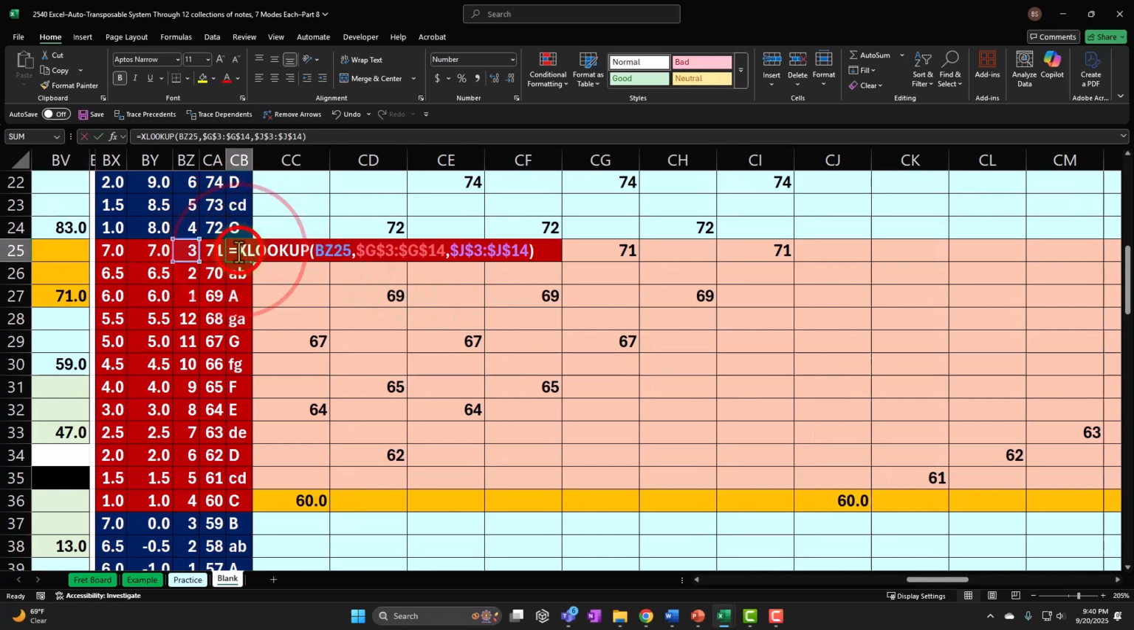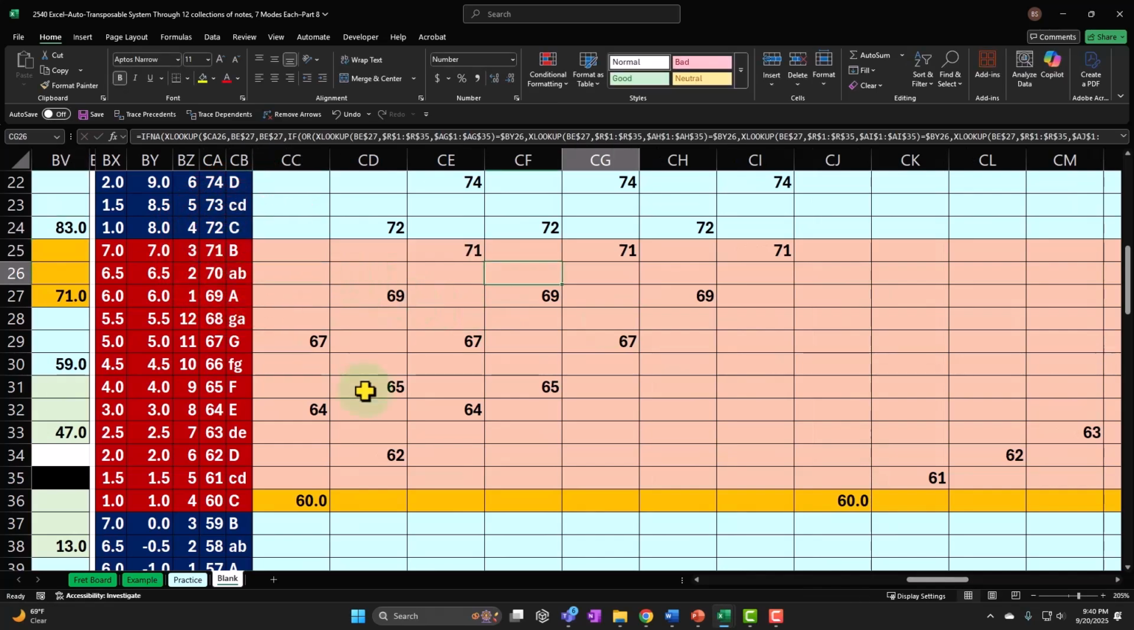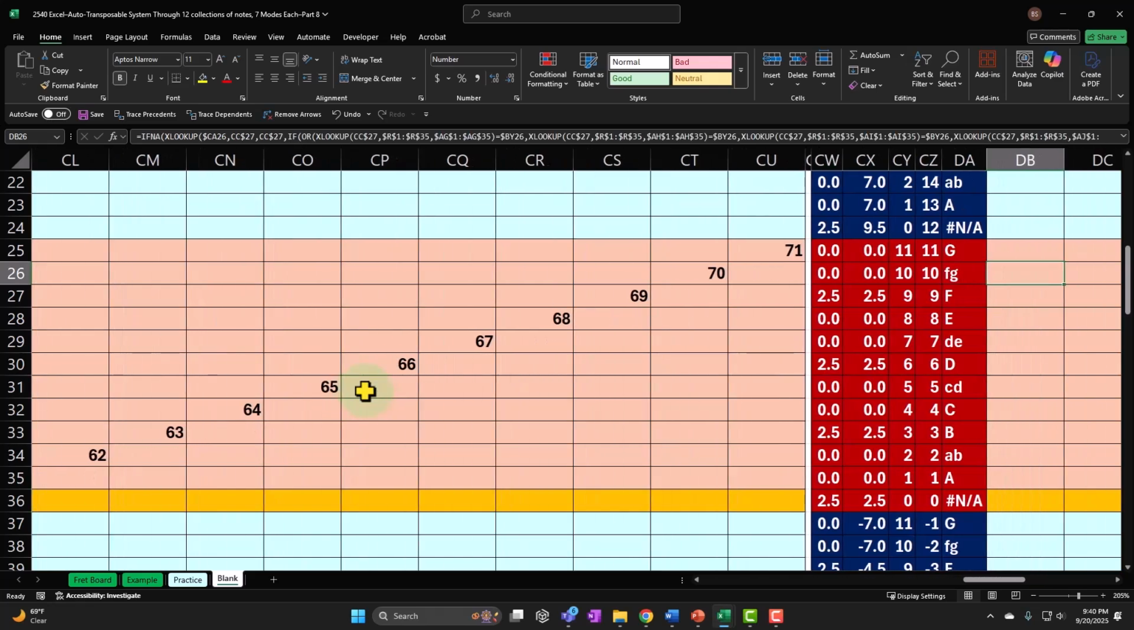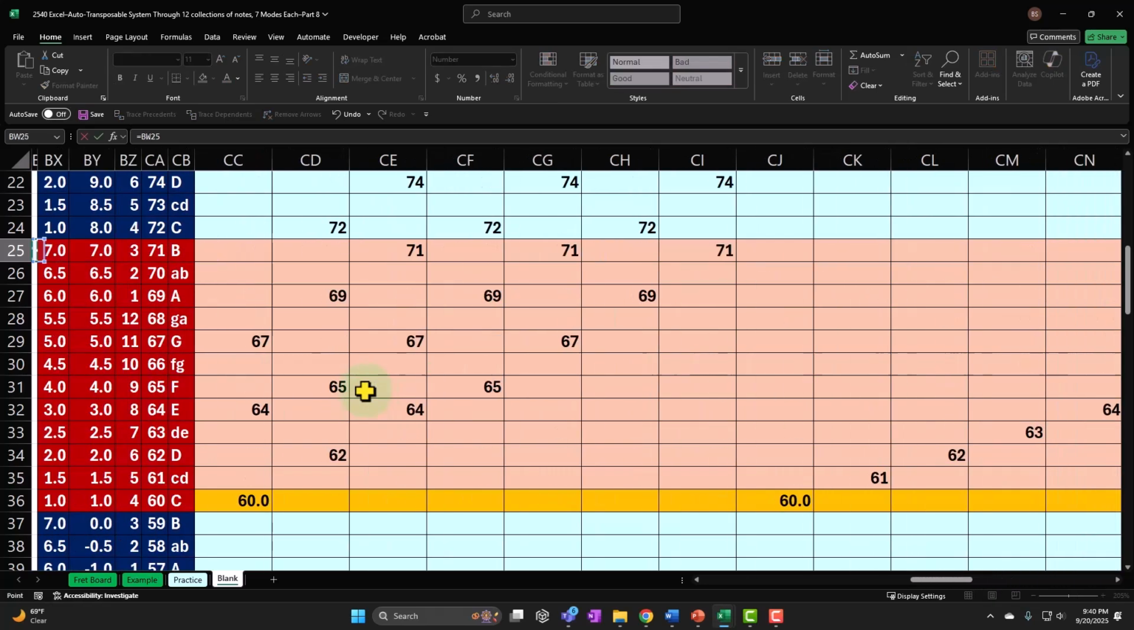This B is saying give me that XLOOKUP. Is that 3 right there? So let's say that these are all going to be the same. Let's do this by going equals this,